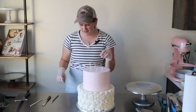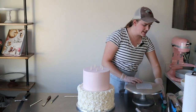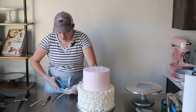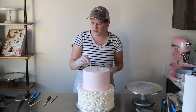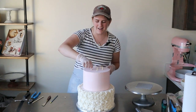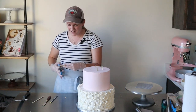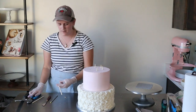I just had that experience with a friend the other day. I was helping her structure her cake and we cut the dowel just slightly too tall. I don't know how it happened, but it was too tall and we went to put it in and it was just barely above the buttercream on the top of the cake and we were like, shoot. And it took a lot of finagling to get that dowel out and we had to kind of retouch up the top of the cake. It was kind of a fun disaster